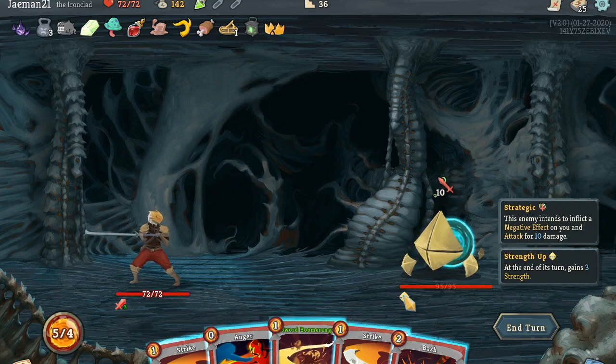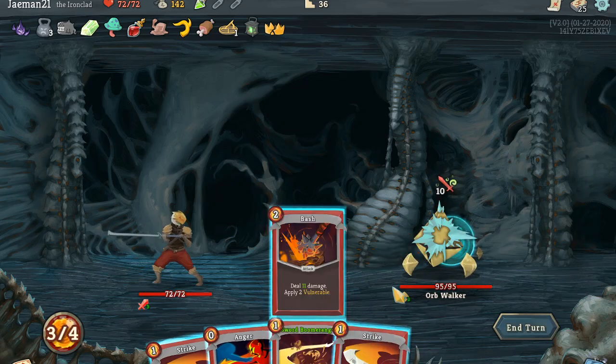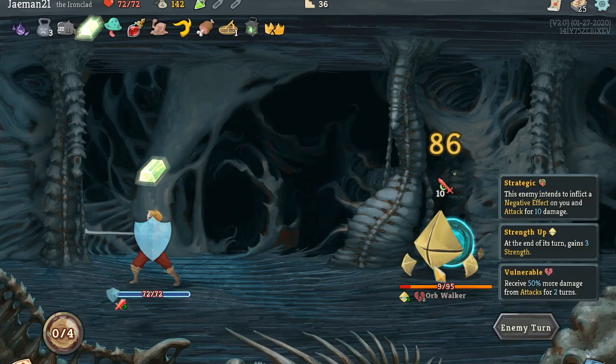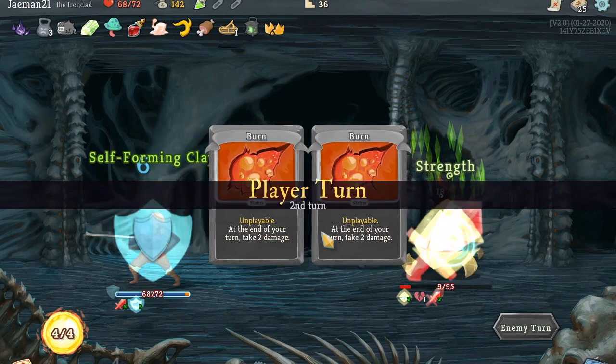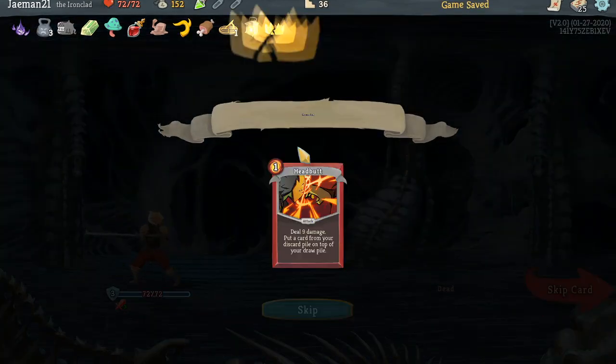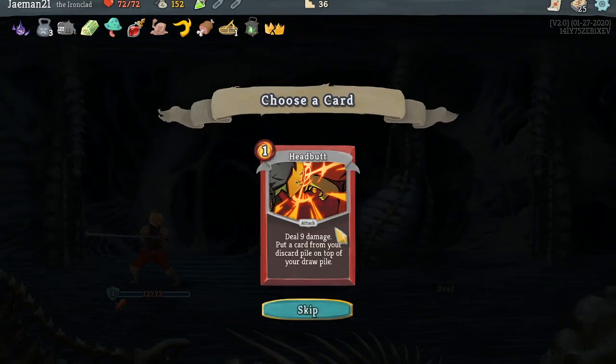So here this enemy has Strength Up, which essentially at the end of its turn gives it 3 strength. So we want to kill pretty quickly before it can manage to do that, which it seems like we're going to be able to do. Pummel for the kill. Gain 10 gold and another card reward. I will take Headbutt,